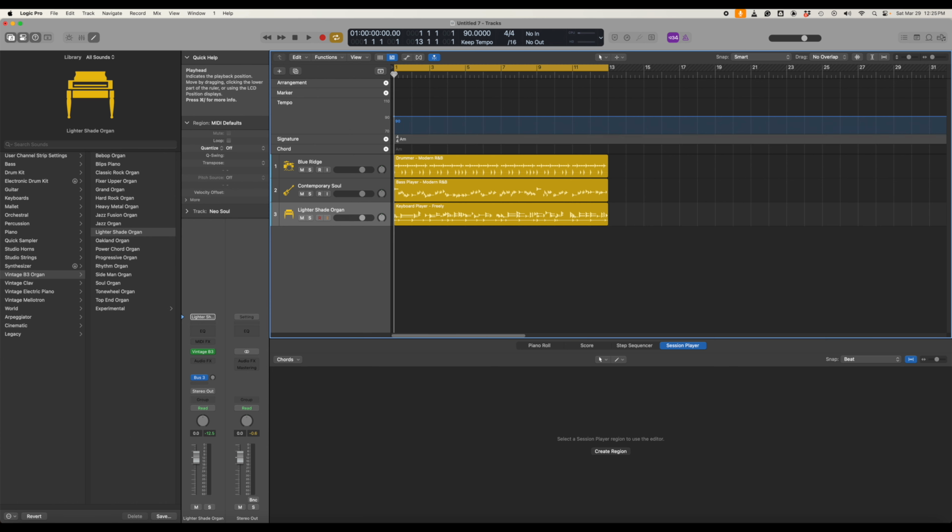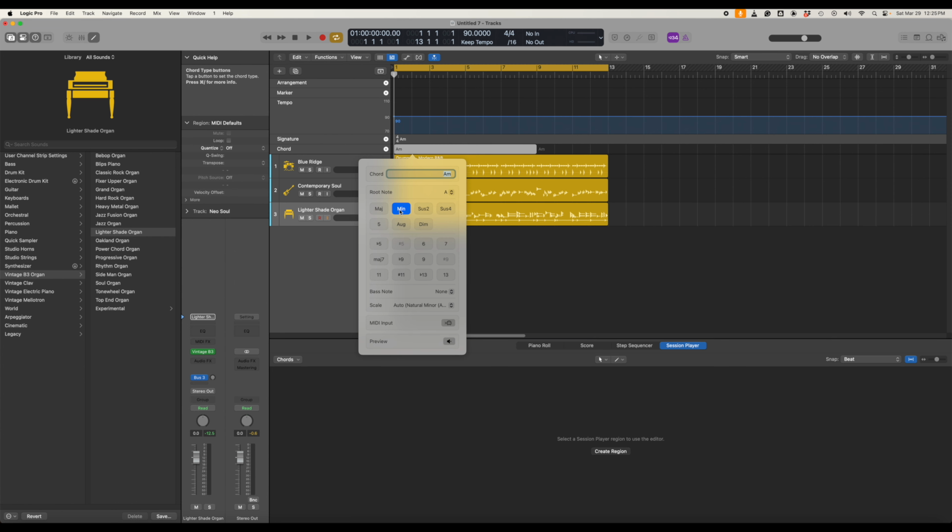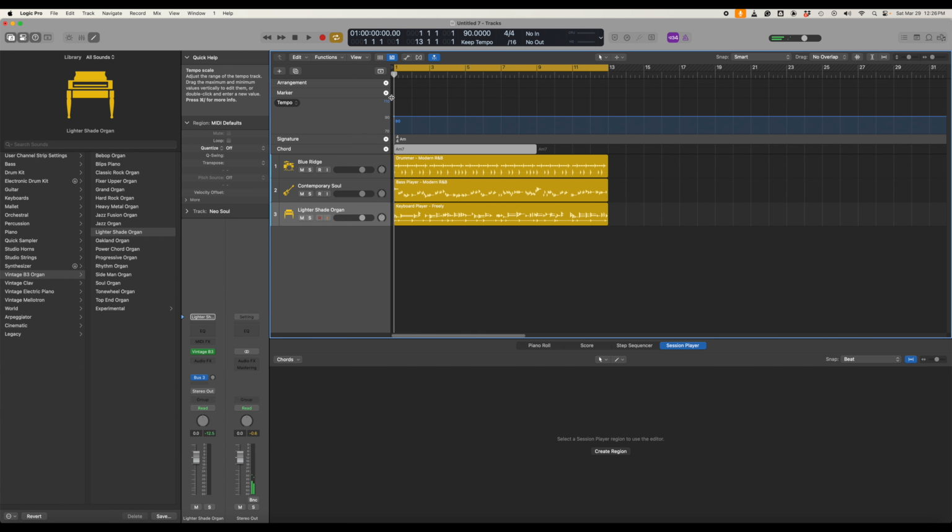Okay, so we go to the first position and we're going to pick the first chord in our progression, which is A minor. We're going to add the 7th to give it a nice jazzy feel. We can click the preview speaker down here. Gives you a piano intro. Now we're going to move over to the 4th bar